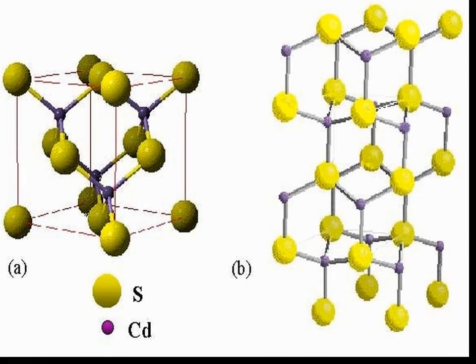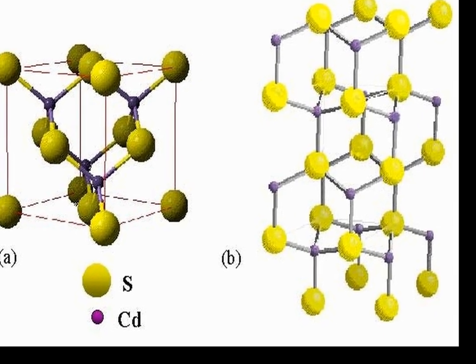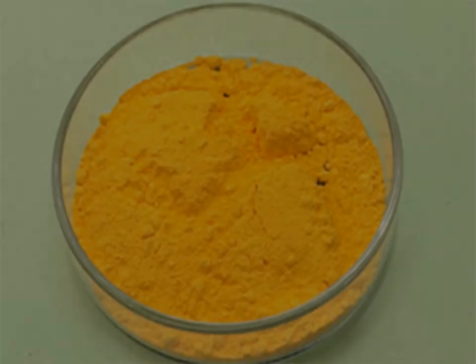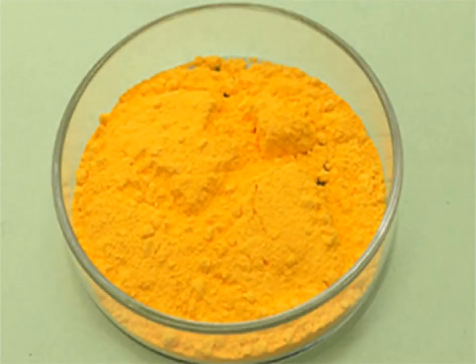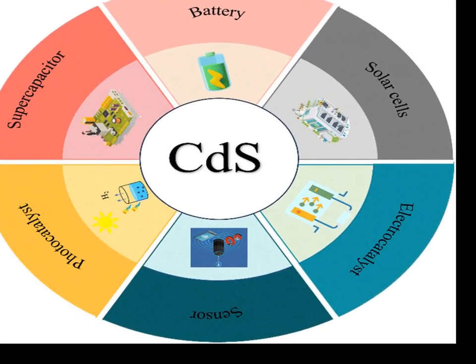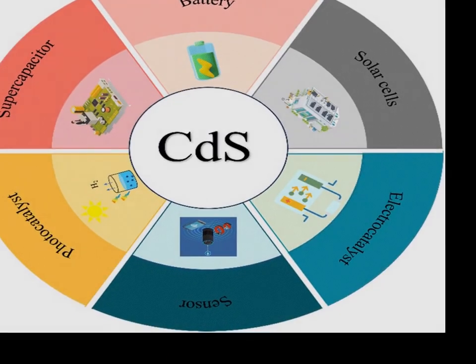CdS is a II-VI semiconductor, meaning it is formed from a group 2 metal and a group VI nonmetal, and it has a direct band gap of approximately 2.42 electron volts at room temperature. This band gap makes cadmium sulfide particularly suitable for applications in optoelectronics and photovoltaics, as it can efficiently absorb and